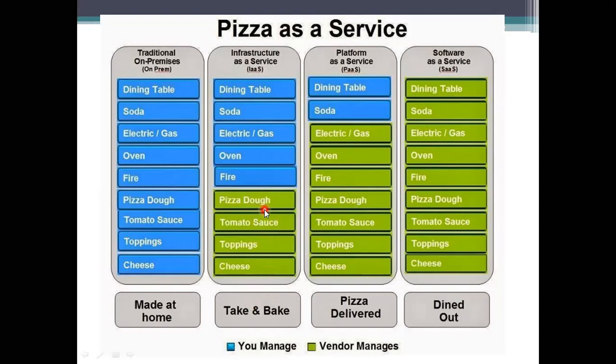The essentials won't be there, which means you don't have to prepare them, because if you want to prepare all these things, time will be wasted. So take and bake means you need to avail the service, and you need to pay. You will pay for that thing, and it will allow you to take it to your home, on your computer. And then next, it is allowing different environments to be accessed. You will choose any environment and you have the benefit of that one.